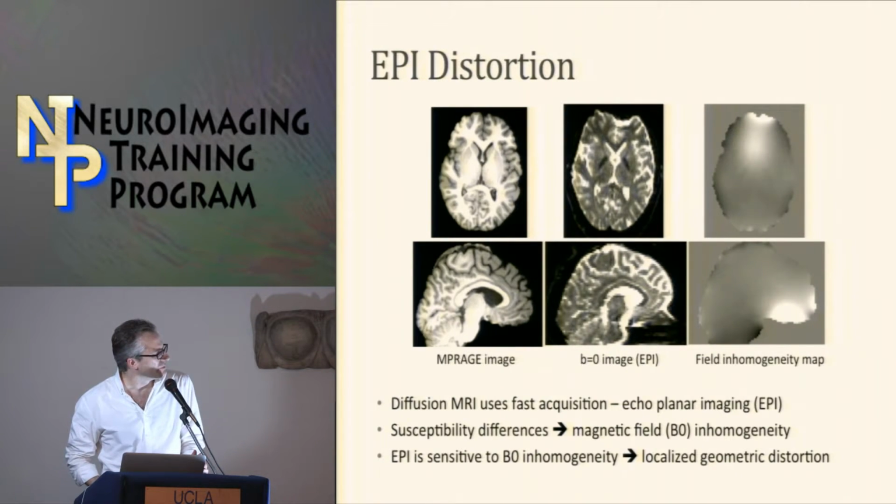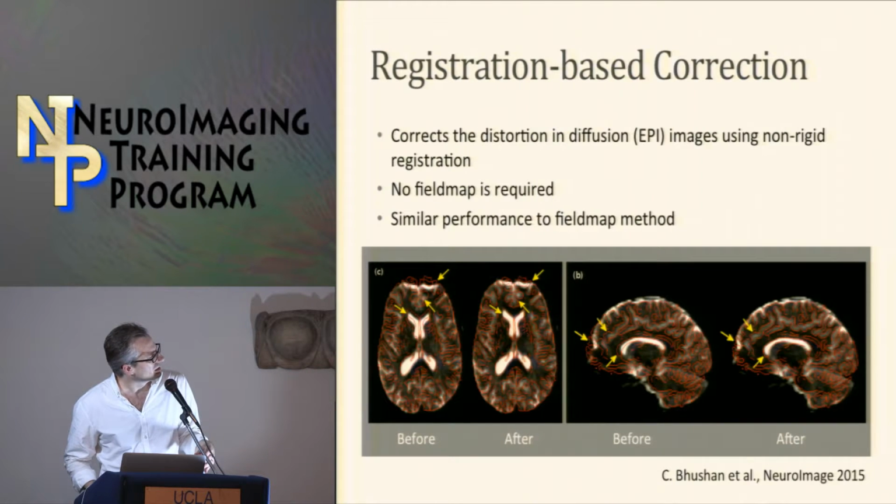So the method that we developed relies on the T1 as essentially providing a reference of what the anatomy should look like. It performs a registration that resamples or corrects the EPI sequences by registering them to the T1, but it does it in a way where it's constrained to the direction where the distortion is greatest, which is in the phase encode direction. And then we resample all the data into the space of the T1. So you can see,